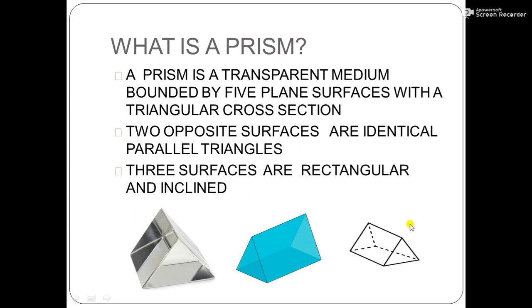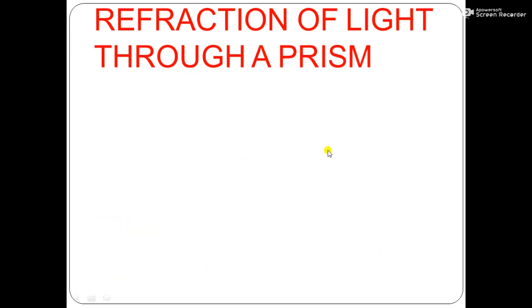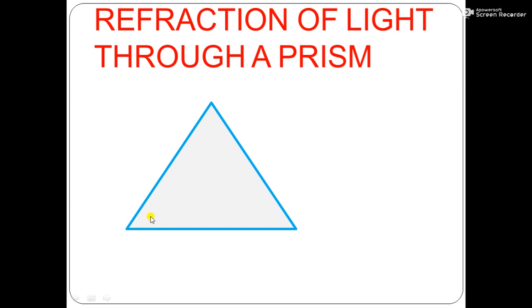Let us start. Refraction of light through a prism. Consider this is a principal section of a prism of angle A, and let us name it ABC. Consider this is a normal drawn to the first refracting surface AB, and a ray of light incident obliquely to the surface of separation, and